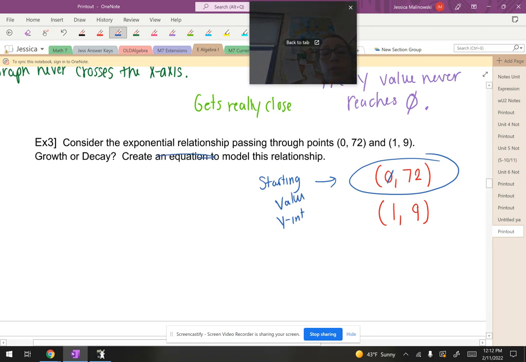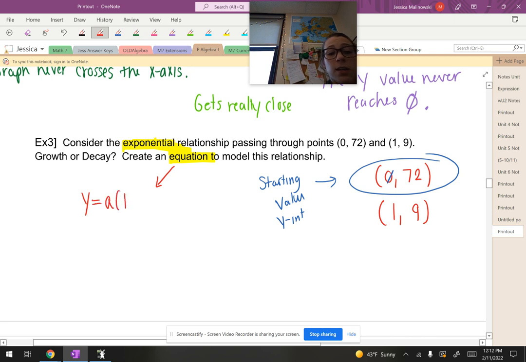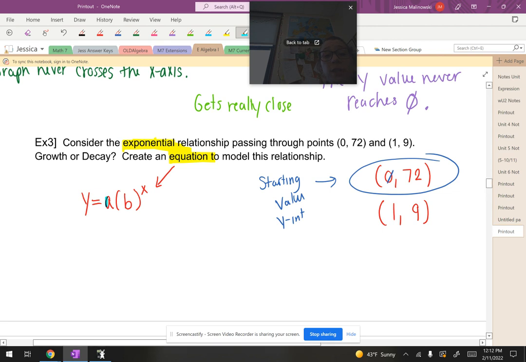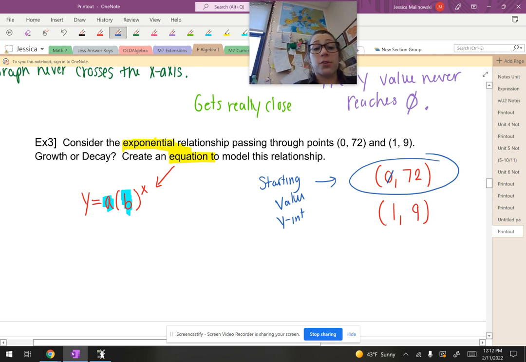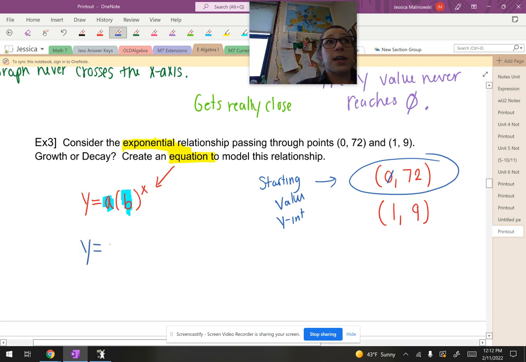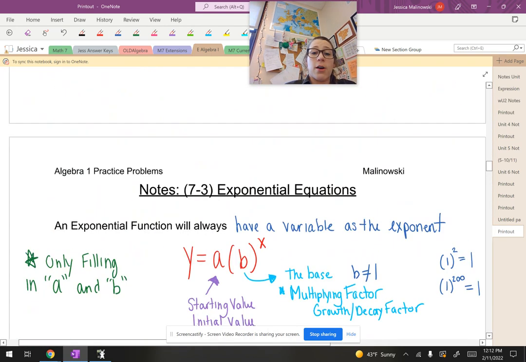Okay, the equation to model that, an exponential equation that we just wrote at the top of our page, is y equals a times b to the x. The 2 pieces we need to fill in are that a and that b. Well, we said that the a was that starting value or that y-intercept. So in our case, that a is going to be filled in with that 72. So that just leaves us to find the b, which if we go back to what we wrote down,